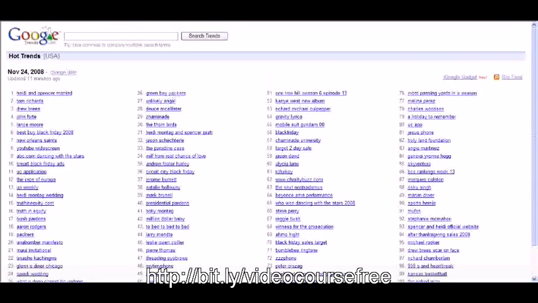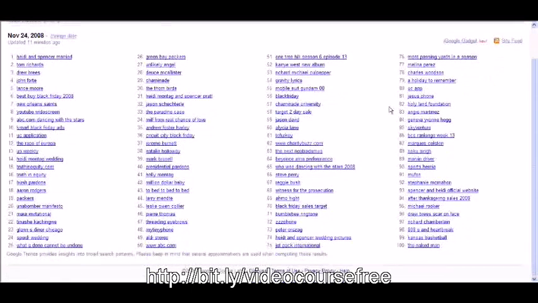Today was Monday Night Football, so we have the Green Bay Packers. That was a hot trend. Over here we've got lyrics to certain keywords. We've also got most passing yards in a season. We got a bunch of people looking around different sporting records. We got a football player showing up here. There's just a lot of different reasons why people are searching for this content. But regardless of the reason, you can make money from this kind of strategy.